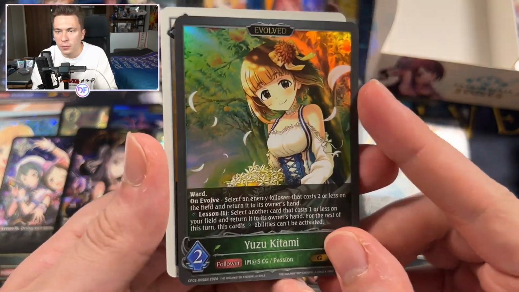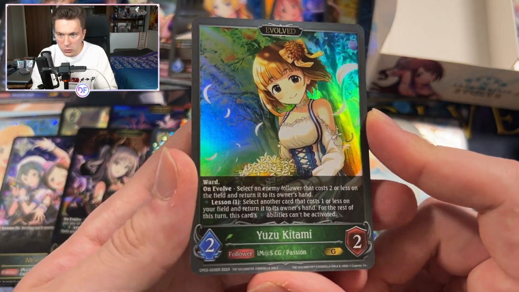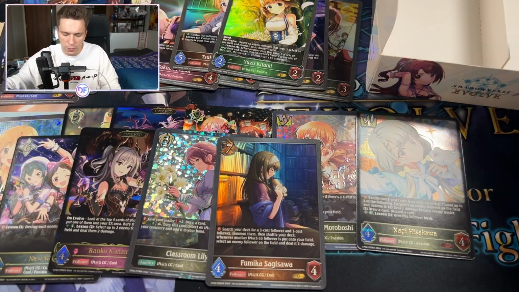Used in Passion quite a lot. Also used in Combo Idolmaster 2. On Evolve lets you bounce an enemy follower that costs 2 or less back to their hand. She's an originally 1-drop, and her lesson ability also lets you bounce your own stuff that costs 1, which is also quite strong. And then the final pack for this